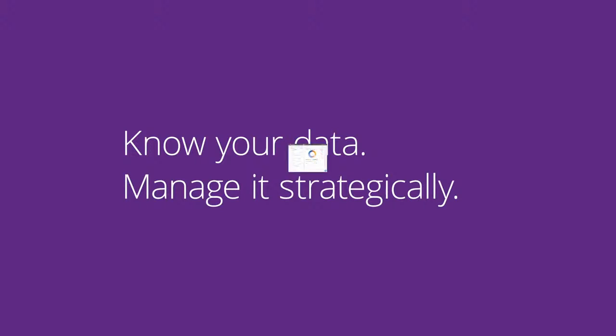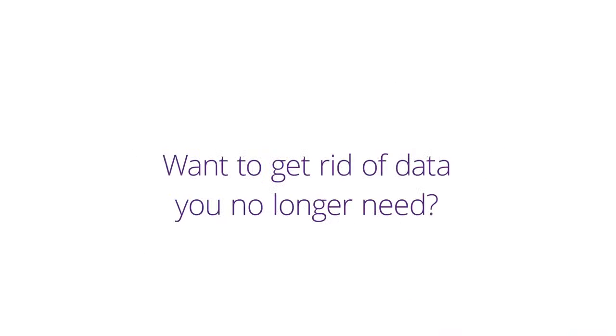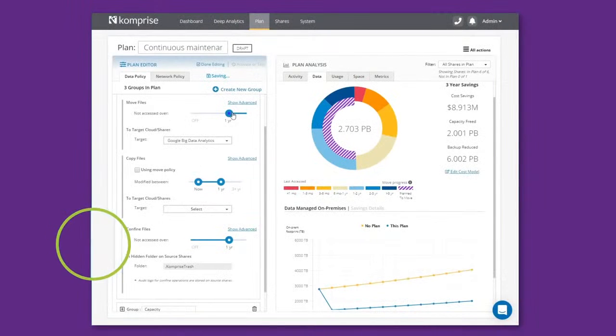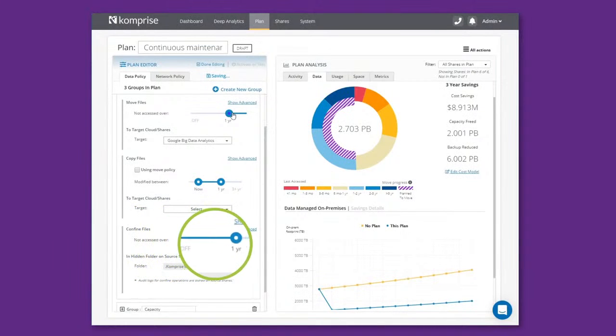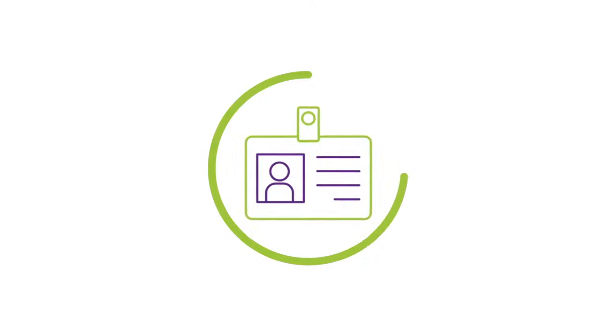You can set your own policies and run what-if scenarios to project the cost savings of different data management strategies. Want to get rid of data you no longer need? Find out the impact. One company saved over $400,000 in storage and backup costs by deleting all ex-employee data, and then they put it